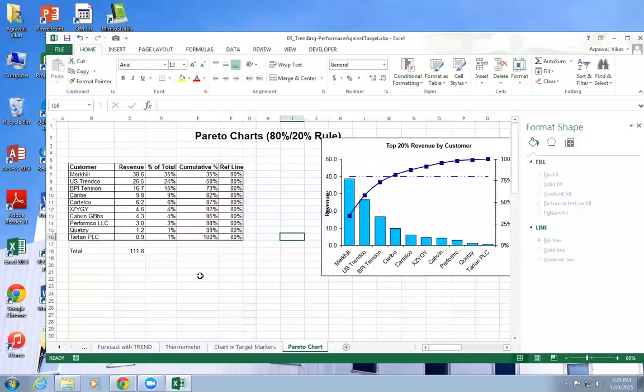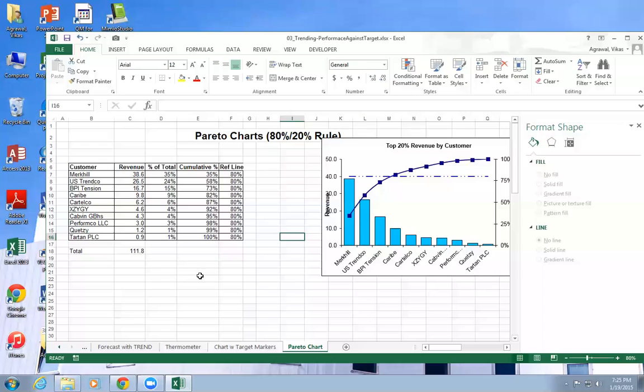No, it's not like that. Any other? It basically is very simple. All it's saying is that 80% of the problems come from 20% of the activities in your organization. You control those 20% of activities, you'll take care of 80% of the problems. Or your 80% of the profit is coming from only 20% of the product line. You control those 20% of the products, you can control 80% of the profit.